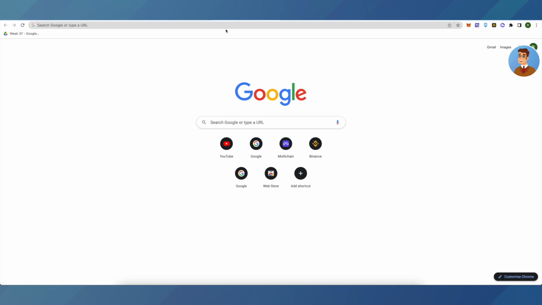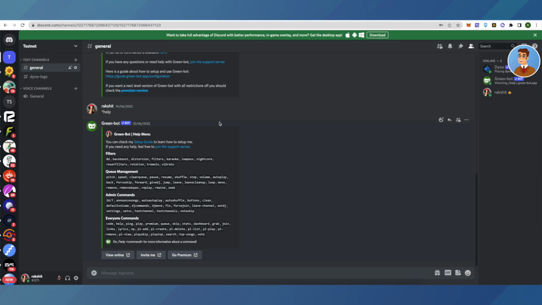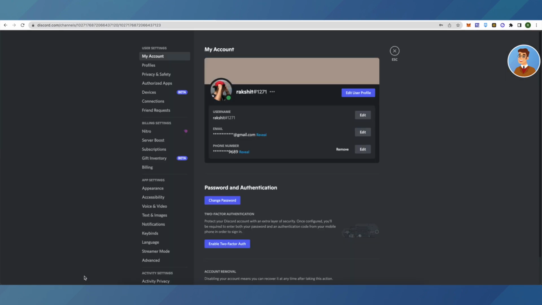So first of all, go to your Discord account and log into your Discord account. And here you will see this user settings on the bottom left corner of your screen. And if you are on a mobile device, then just click on your profile picture, then you will be able to open up your settings. And in your settings you will see this list of options, and here choose this option of connections,